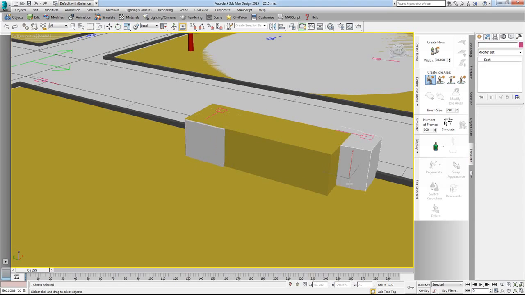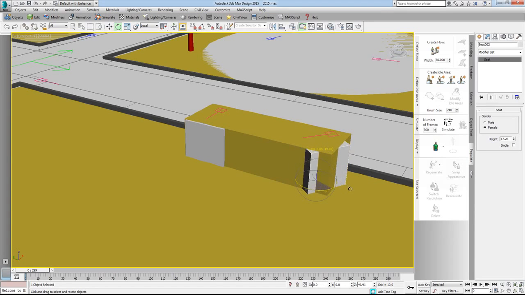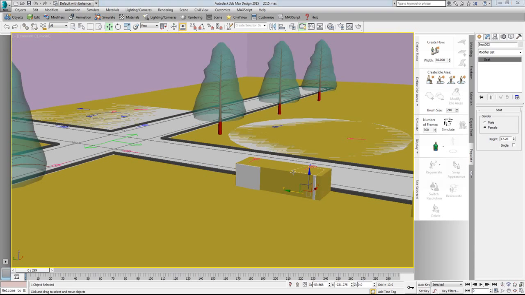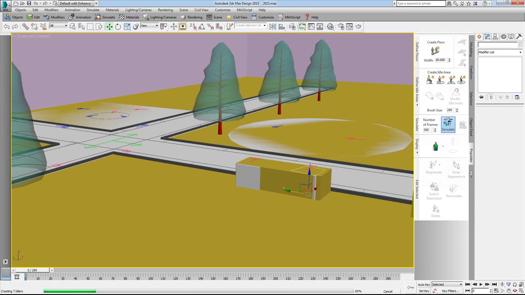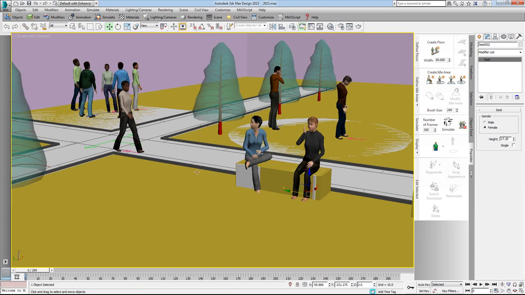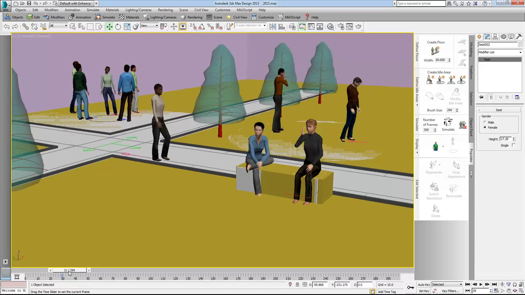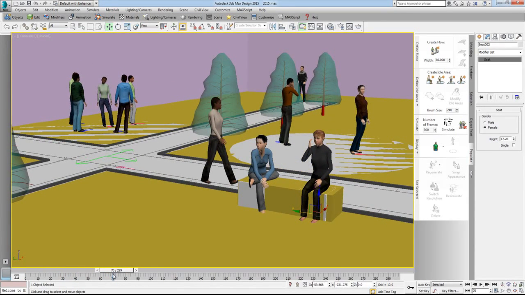Again, I'll take another one. I can reorient, I can make changes later on. Those are the things that have been added in this feature. Now I'll go to camera view and I can select Simulate. I'll just pause. Okay, fine, it's done very fast, and this is what we got.